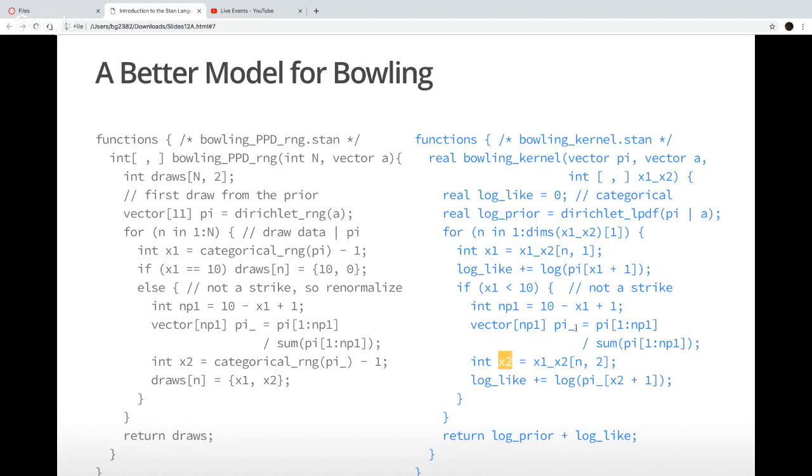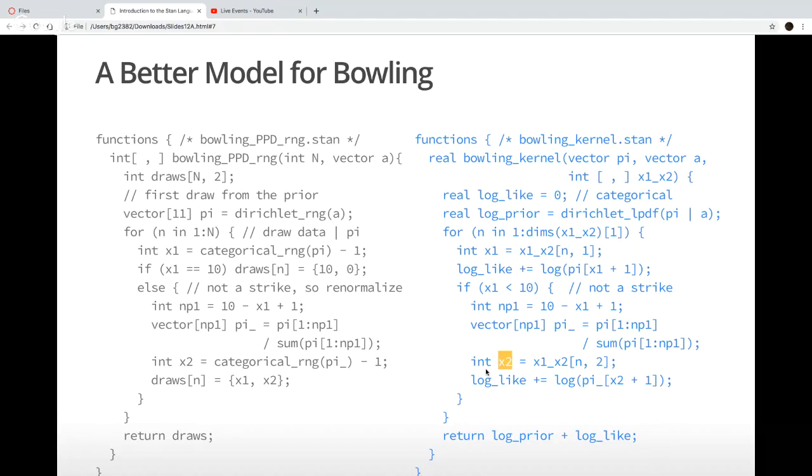I pull out x2 from my two-dimensional array of data, and I have another categorical contribution to the log likelihood, the log of the conditional probability of knocking down x2 out of n pins on the second roll of my first frame. And so those contribute to the log likelihood, and I go on to the second frame and the third frame, and I do all the frames.